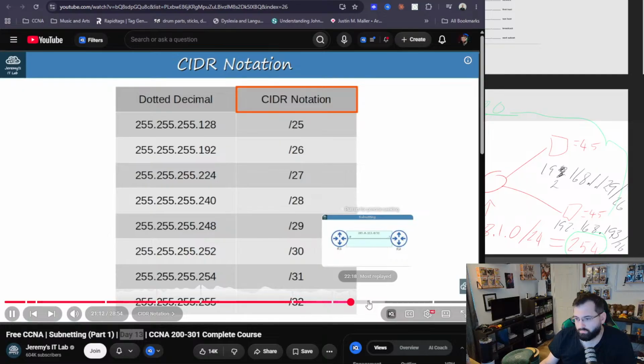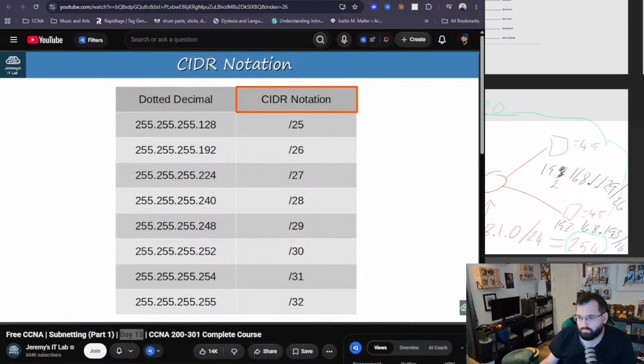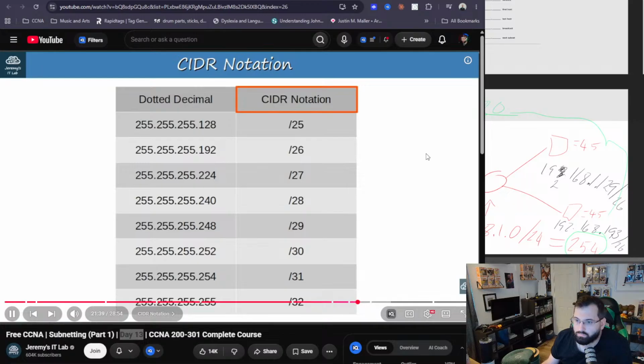Here's a simple chart showing the dotted decimal subnet masks and their equivalent in CIDR notation. That's right, the way of writing a prefix with a slash, followed by the prefix length, like /25, /26, etc., is called CIDR notation, because it was introduced with the CIDR system. Previously, only the dotted decimal method was used. Note that I've shown you only how to subnet a Class C network so far, but we will